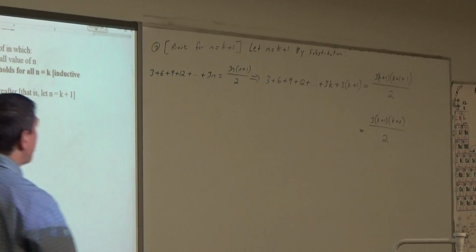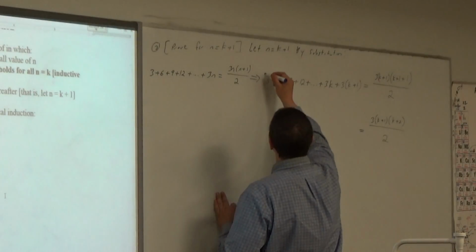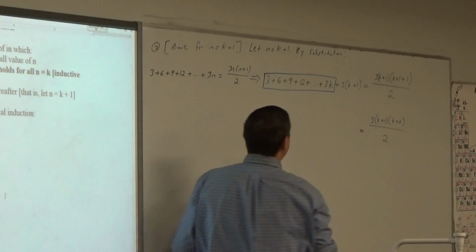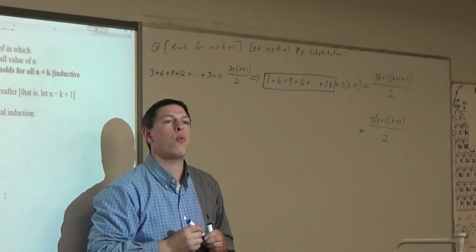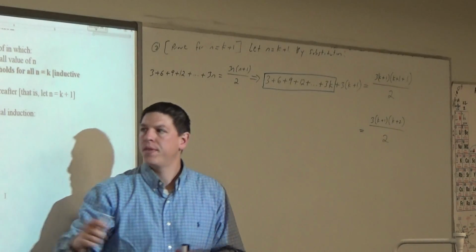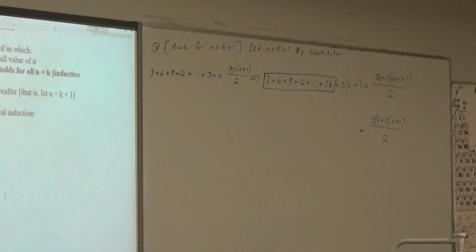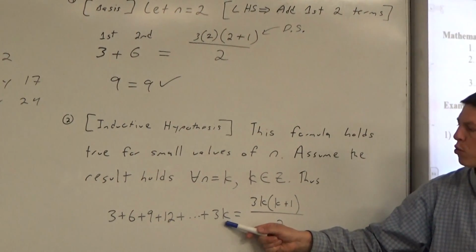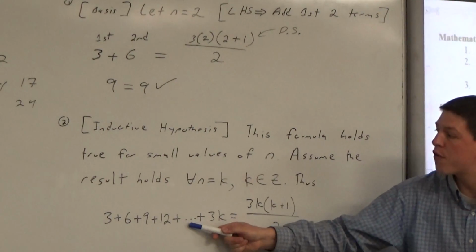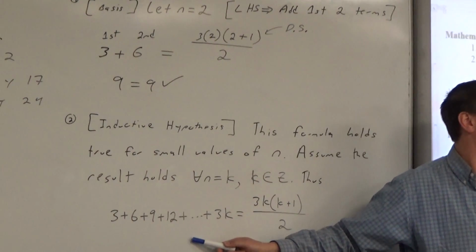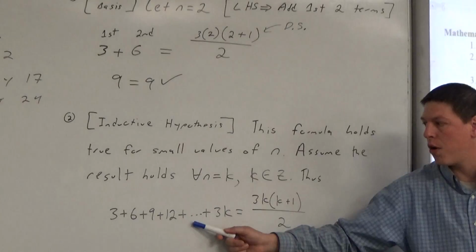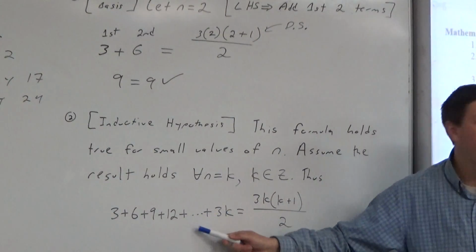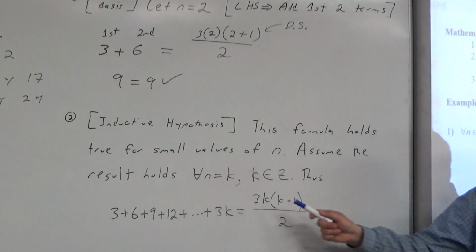I want you guys to notice that this stuff right here might be equal to something already that we know. Let's say over here that 3 plus 6 plus 9 plus 12 plus 3k, whatever, and however many terms that are in here. And Donnie, I think you made a good point right here that we don't know if this is 5 terms, 55 terms, 555 terms, but whatever it is, it's got to be equal